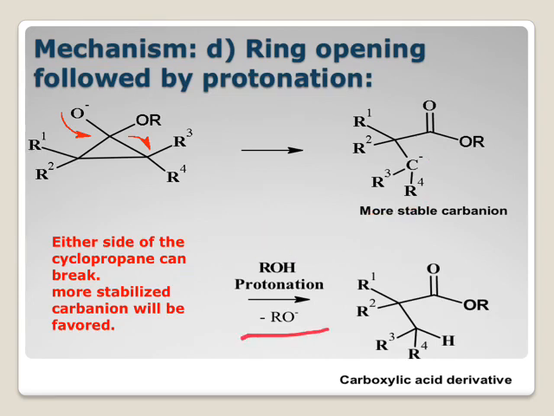So that's why it is base catalyzed, because in the end the base is regenerated. The last step is protonation, leading to the formation of a carboxylic acid derivative. In this case it is an ester. So this was the mechanism and it is quite simple. Now, what are the general features?